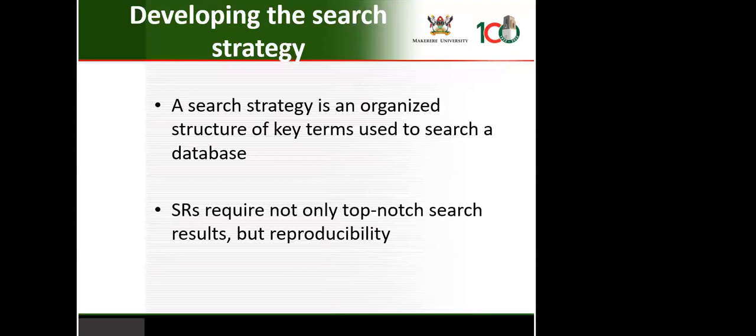Okay, so what I was saying, each database will have its own search strategy. And remember why we are saying that it is very, very important to have our search strategy organized. It is because when you're publishing the